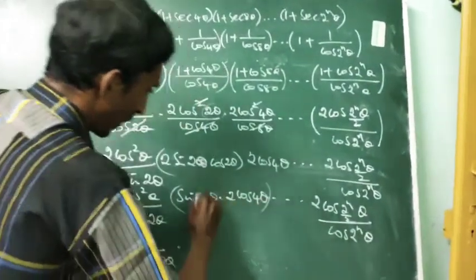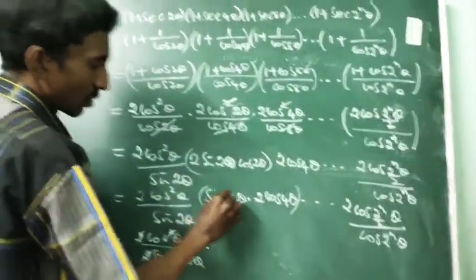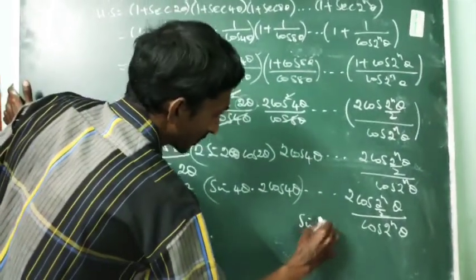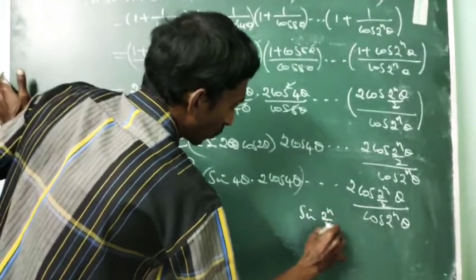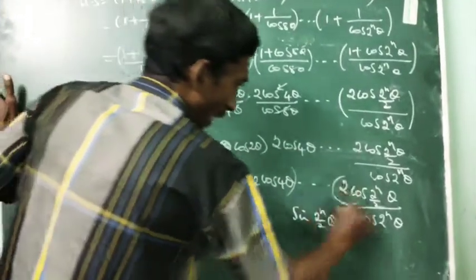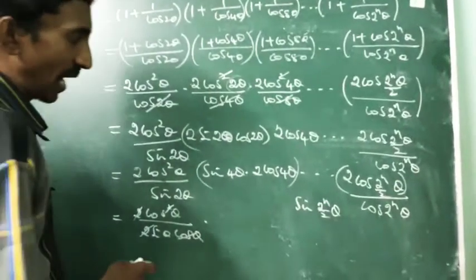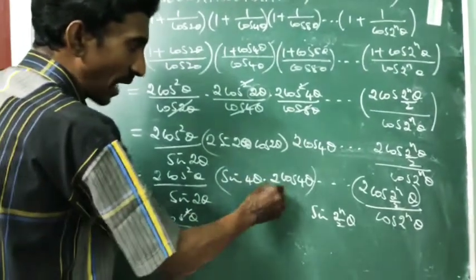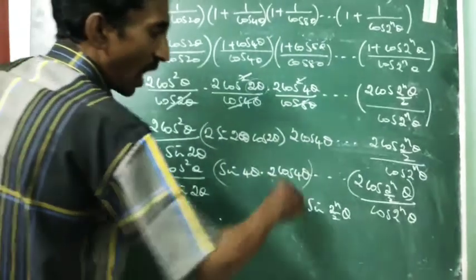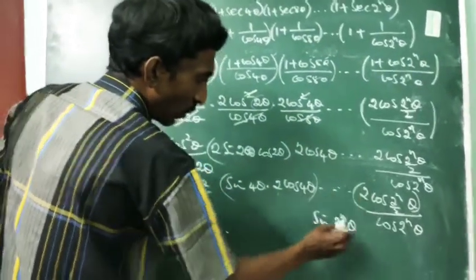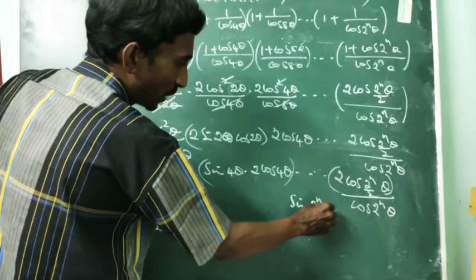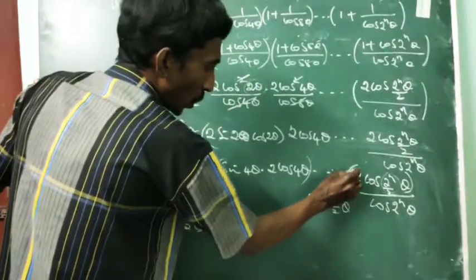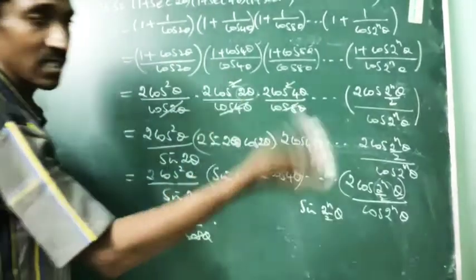Sin. So if we move like this, sin 8 theta, sin 16 theta, etc., we are getting sin 2 power n by 2 theta. If we combine with this, listen my dear student, sin 8 theta, sin 16 theta, etc. If we move like that, the last but one term is sin 2 power n by 2 theta. If we combine with this, 2 sin theta cos theta, again sin 2 theta.